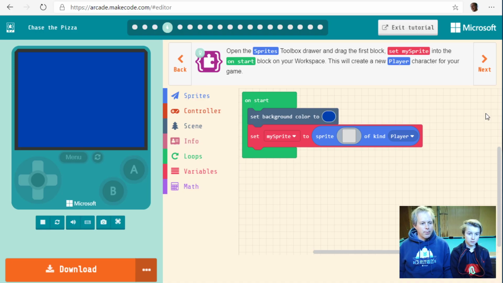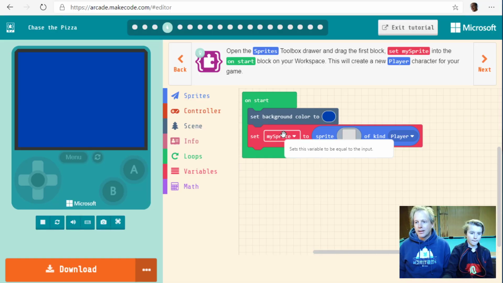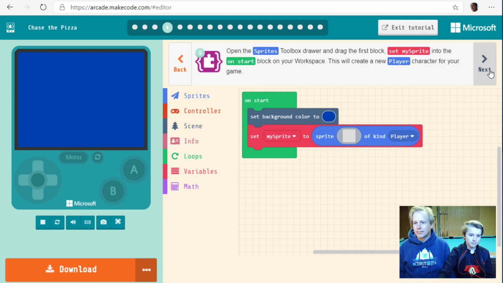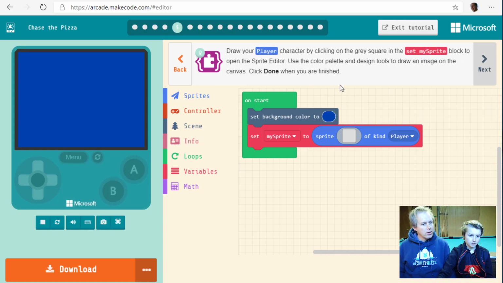Cool. So this is going to be a player sprite. And it is called my sprite. You can see it there. Okay, let's go to the next step. Draw your player character by clicking on this gray square. Draw. Okay. So if you click that,